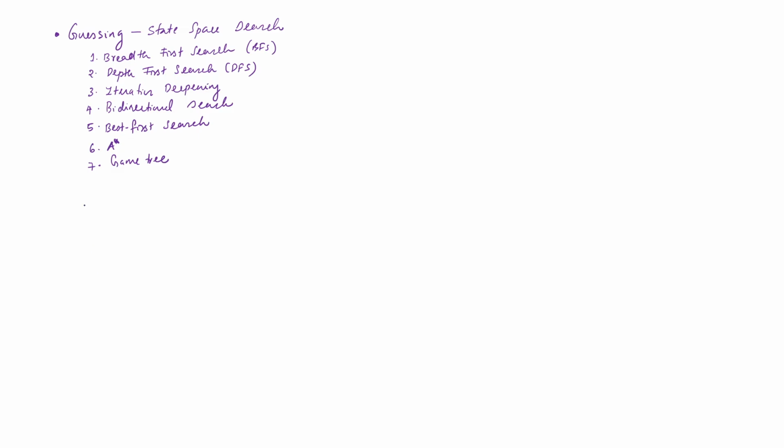I am giving some examples. We will cover some of this in the class, but the rest of it is for you to do. And the one is Davis-Putnam. This is logic. Then cut set conditioning. This is also probability. So, this is the guessing, some of the main things as part of guessing. So, you can go through all of these. Now, let us talk about simplification,